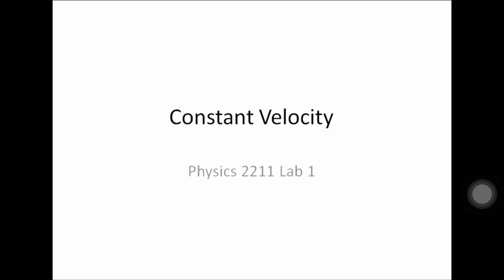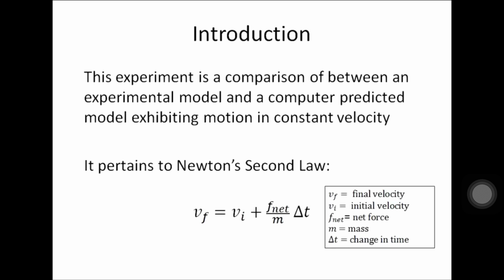I will be talking about Physics Lab 1: constant velocity. This experiment is a comparison between an experimental model and a computer predicted model exhibiting motion over a period of time in constant velocity. We are interested in constant velocity and the underlying factors that cause this particular form of